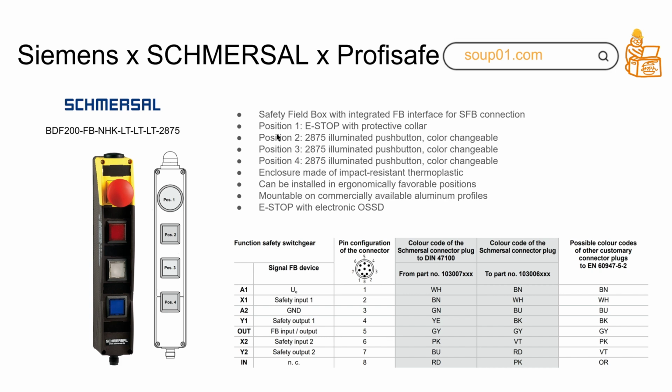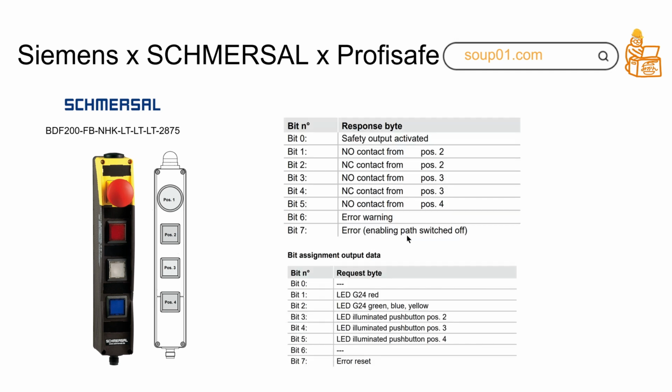For position 1, here's position 1, 2, 3, 4, is for the E-Stop. For positions 2, 3 and 4, you can connect a key switch or push button. It's up to you. And the E-Stop with electronic OSSD can be mounted at any place. Here you can see the pin assignment. But if you're using the Schmersal filter box, you don't need to care about this because you directly use M12 with 8-pin cables. So here is the data mapping of this